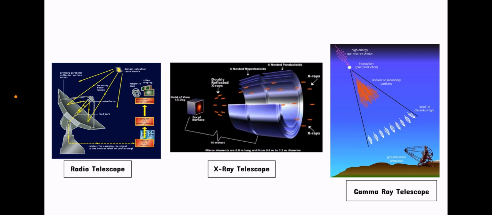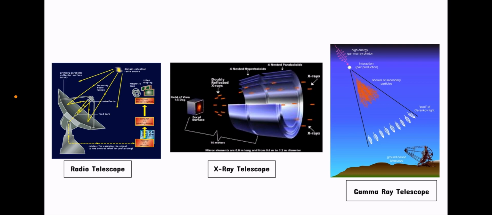Then we have the radio telescope. The radio telescope is more peculiar. Its primary parabolic reflector surface has a specific function, while all the other parts of this radio telescope do as well. The distant celestial body is detected from the incoming radio waves, which the subreflector and the feed horn distribute, carrying the signal to the control room for processing, and this is a little bit more technical,